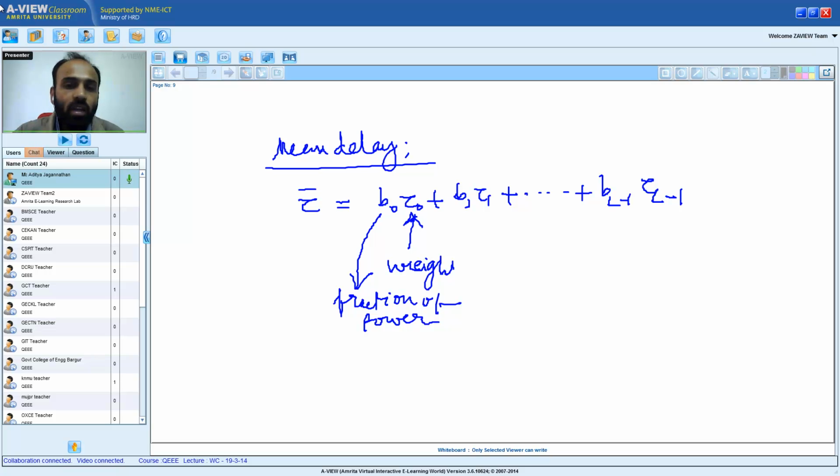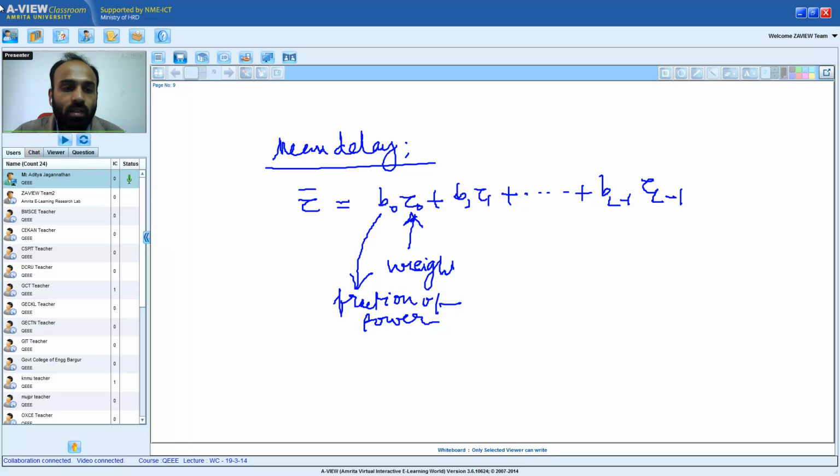So the mean delay tau bar is B0 tau 0 plus B1 tau 1 plus so on up to B(L minus 1) tau (L minus 1),